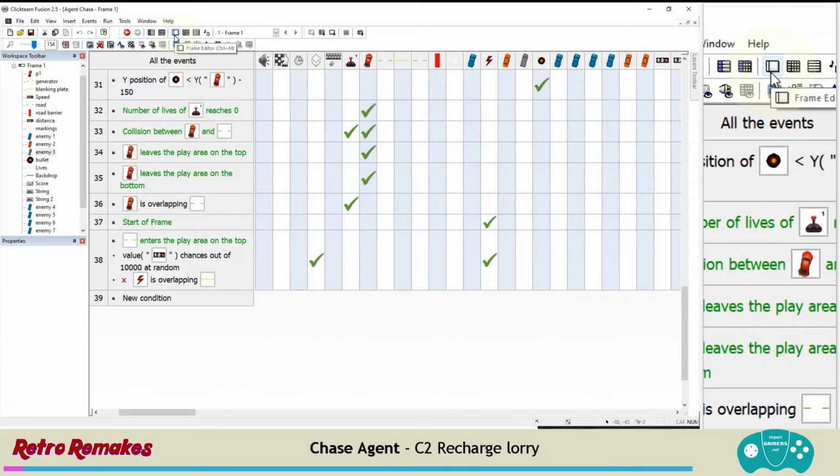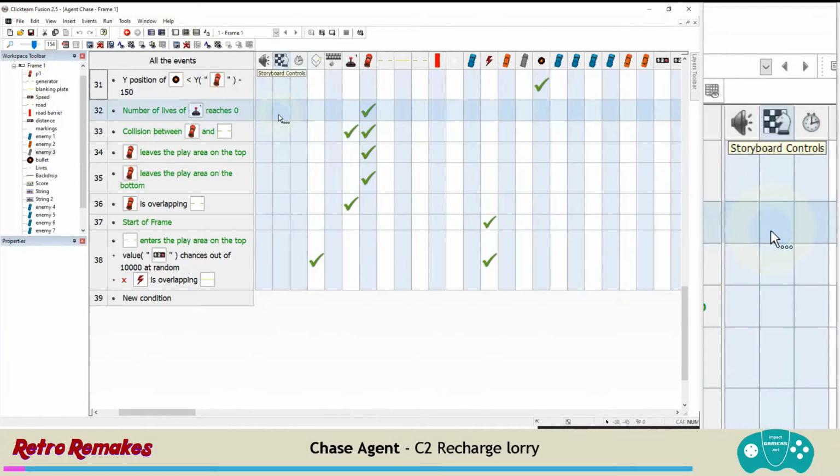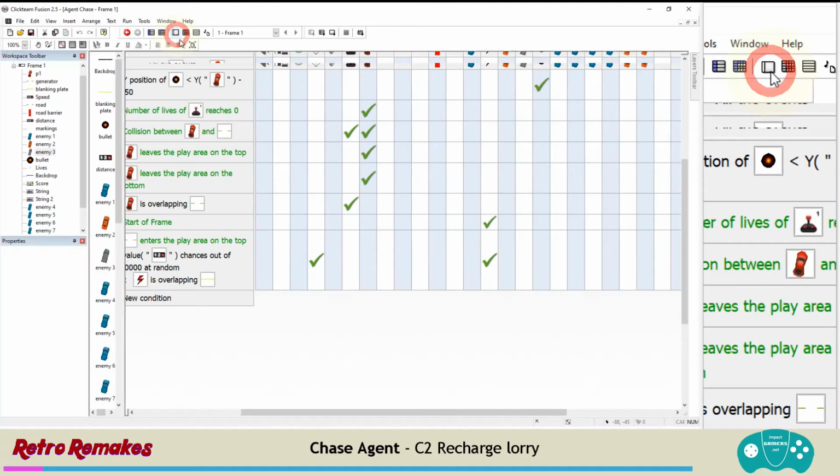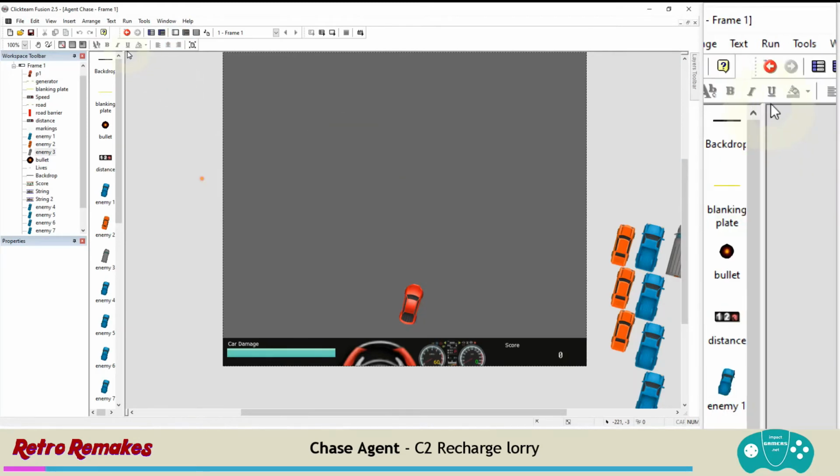One of my favorite parts of Spy Hunter and the on-road actions is when the car drives into the lorry in order to be sprayed or upgraded. So we're going to use that to fix our car. We're going to have a sort of mobile garage come for us. So if we go into the frame editor and let's